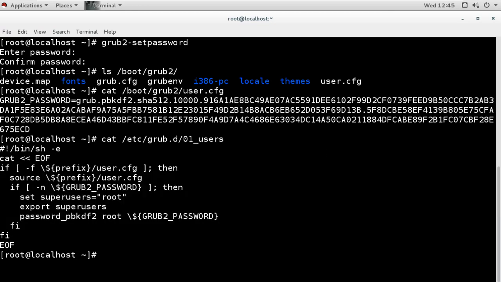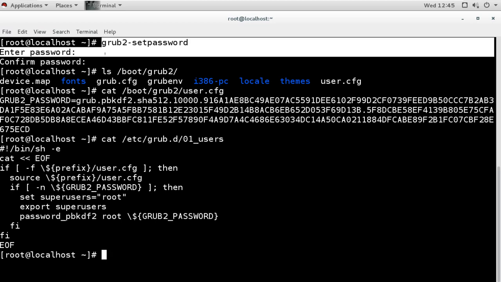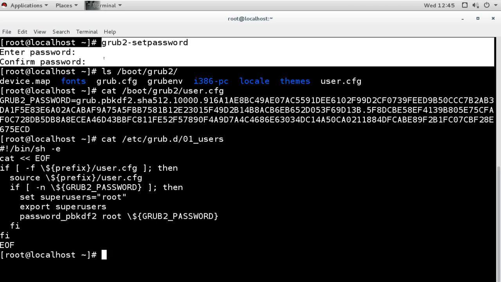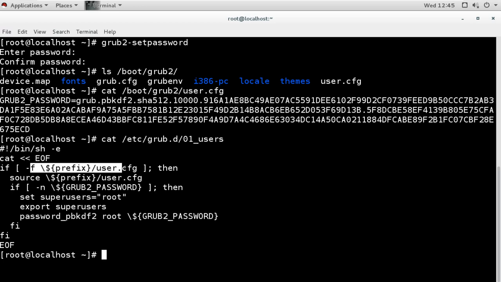So we don't have to update the main configuration file after running the command to generate the password. We don't have to edit the main configuration file because it is already there. It is already saying to check this file. Now it will check the file, see that the file is there, and then use the file, and when it uses the file, it will check the variable from that file. The variable name is GRUB2_PASSWORD, and this is the variable under the file.